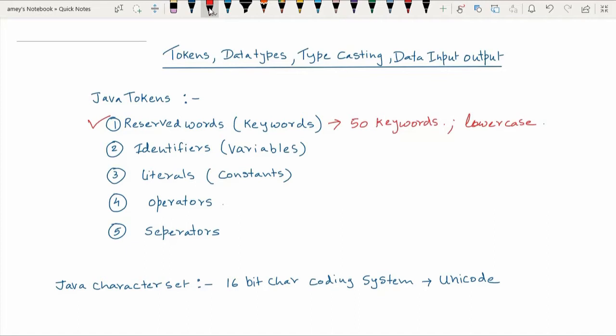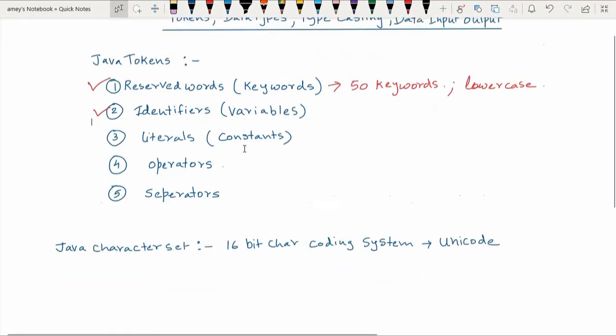Now after keywords we have something called identifiers. Now what are identifiers or variables? You can think about an identifier as a placeholder of some value. It is some container, right? So they are basically also called variables. Now there are some naming conventions that we have to follow while declaring the identifiers.